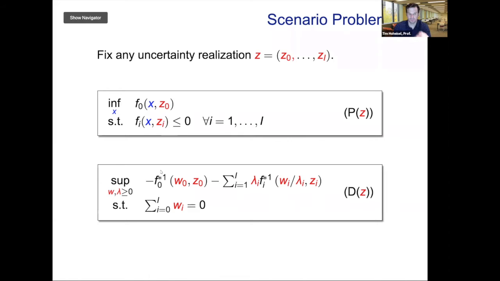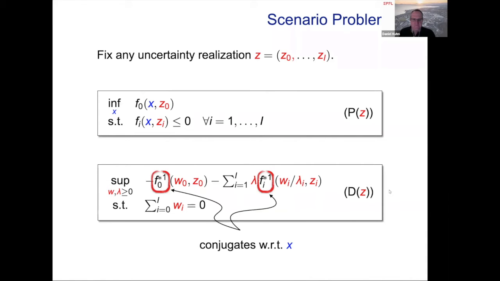And the conjugates are with respect to X here. Because these are the decision variables, we fix the Z. So you can basically just block out the Z and assume it's not there. It's just the same as what we did before. Yeah, so I denote this by *1. That means it's the conjugate with respect to the first argument here and here, right? So not the nicest notation perhaps, but we couldn't figure out a better one. Okay, so that's what I just wanted to say here, that we take the conjugate with respect to the decision variable X.